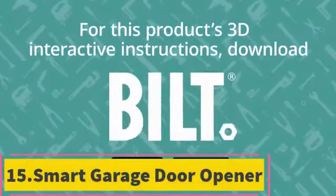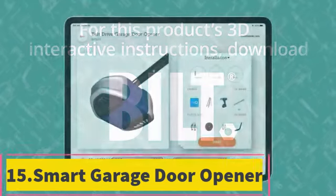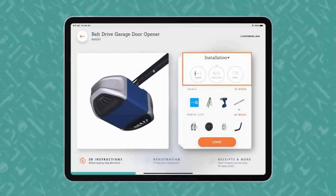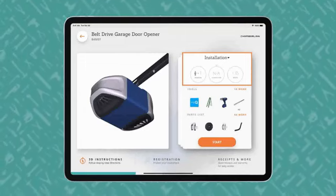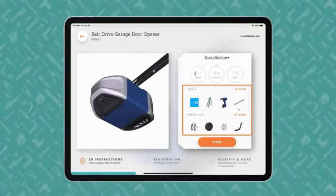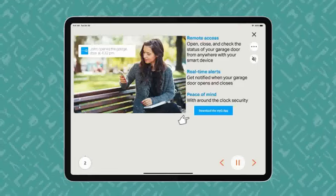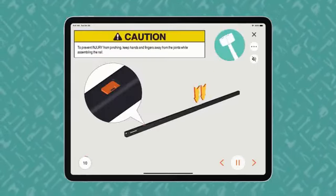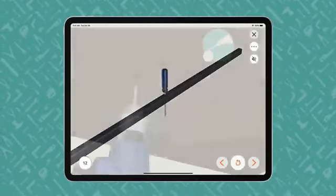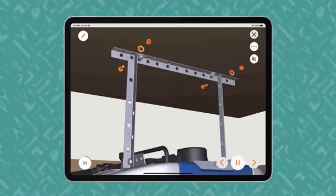Product 15. Product name: Smart Garage Door Opener. The Chamberlain B6753T Smart Garage Door Opener stands out as a top-tier solution for modern garage door needs. It offers an impressive combination of smart features and powerful performance. Integrated with MyQ technology, this opener allows for convenient smartphone control, enabling users to operate their garage door remotely from anywhere. The opener also supports video streaming, giving real-time access to your garage through a connected camera, which adds an